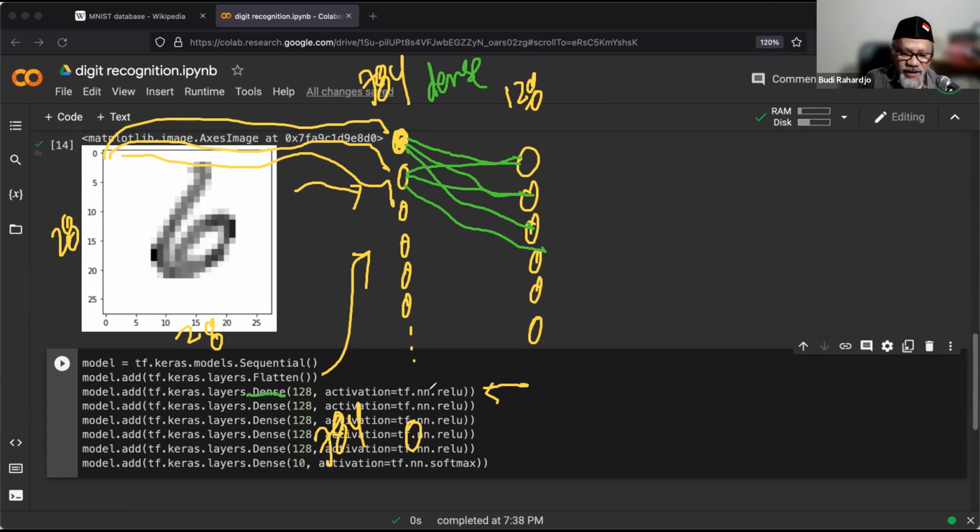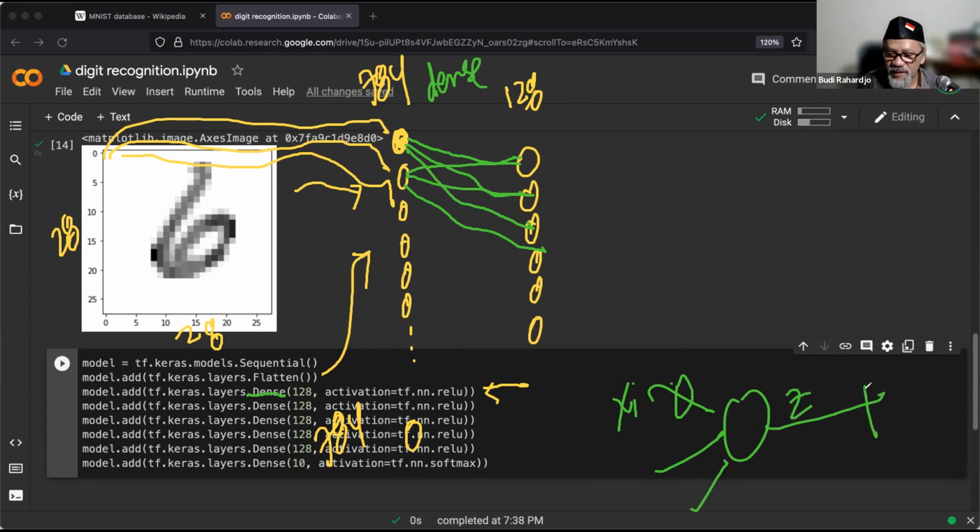So anyway, the second layer is the ReLU. Remember when we have a neuron, this is X1, W1. Sorry, multiplier, and then there is output, and then there is activation function. ReLU is something like this. ReLU is when the output is negative, it will be 0. So if negative, it will be 0. Later we'll see what ReLU looks like.